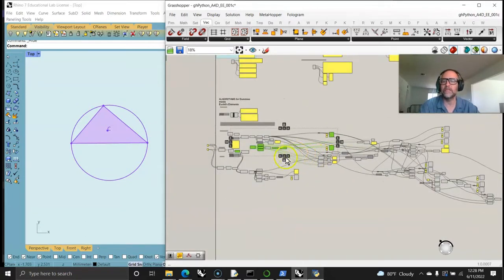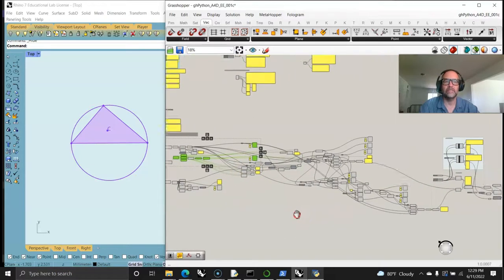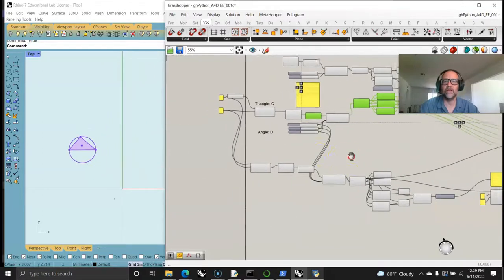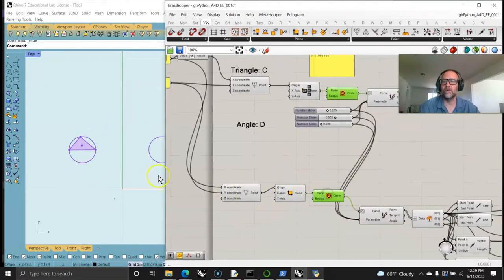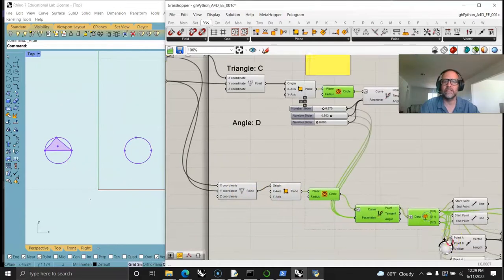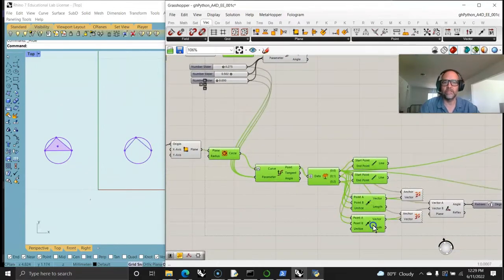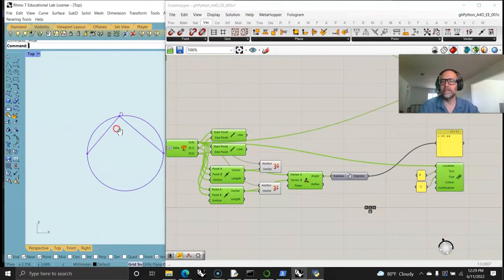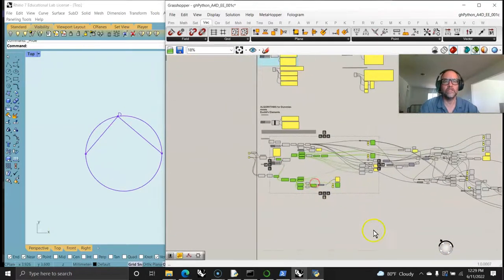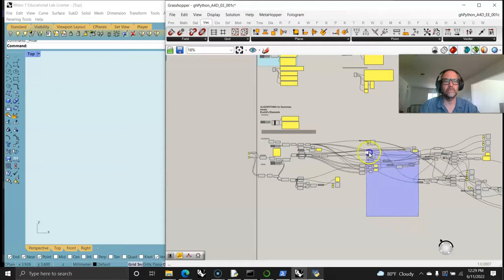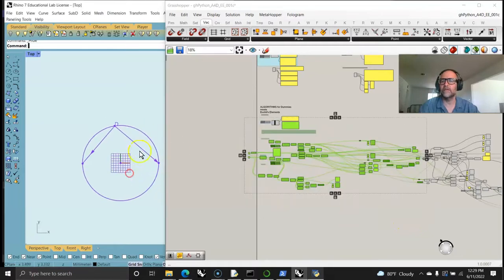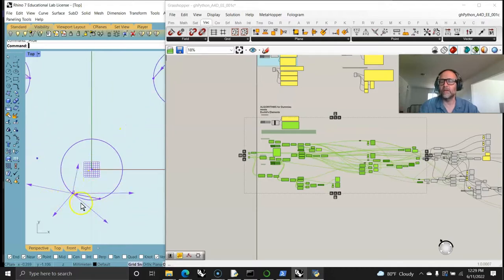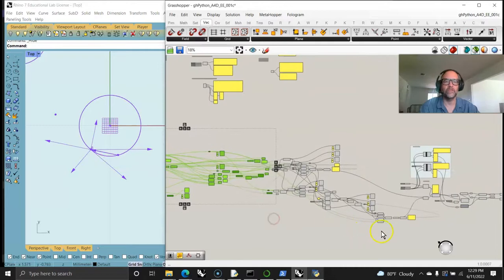So probably it's worth taking a look at the complexities of this script, because after producing that triangle, I want to go down and I want to produce a simple angle over here that I can play off of, angle D. Similar way, vectors to produce that angle, and locate that as the angle D. So this all said, if you take a look at all this, you'll see I basically to this point have my triangle, my angle, and then from that line I want to extend and produce a parallelogram, which is basically